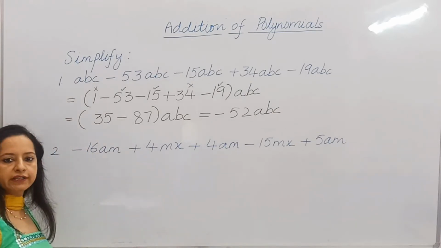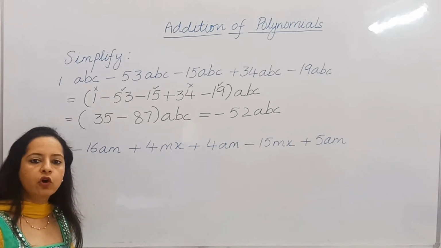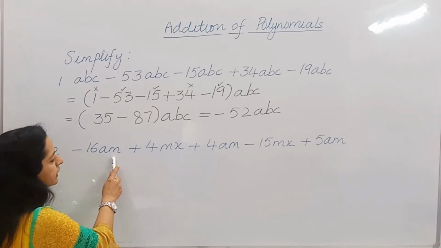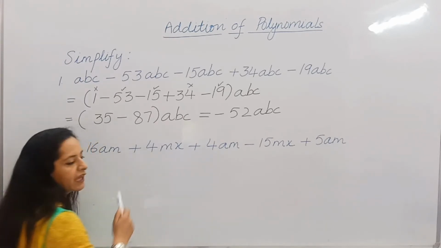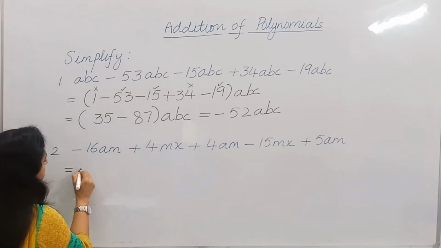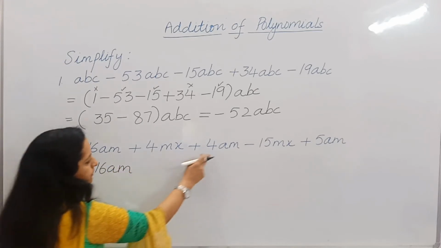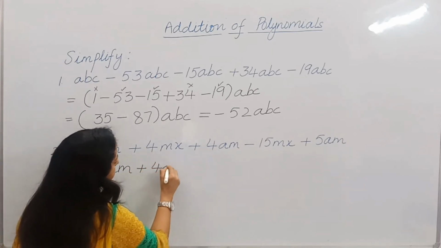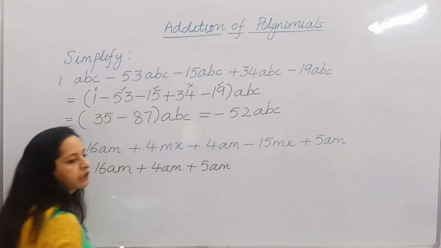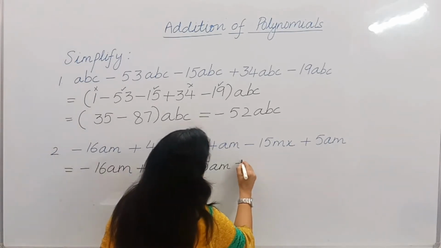Coming over to our next question. Now in this question, if you see, I have got two different kinds of terms. One with literal coefficient AM and the other with literal coefficient MX. So putting the like terms together, I am writing the terms with literal coefficient AM together. So this is minus 16 AM plus 4 AM plus 5 AM. And putting the terms with literal coefficient MX together, so plus 4 MX